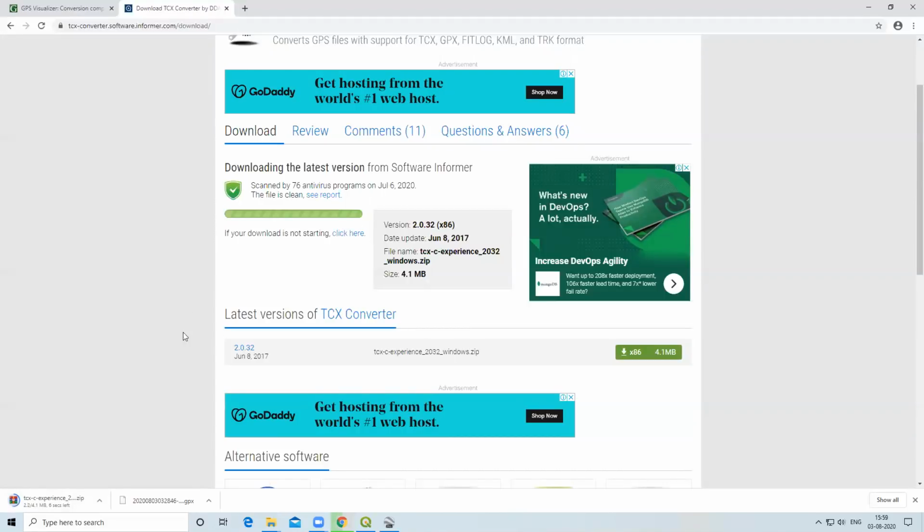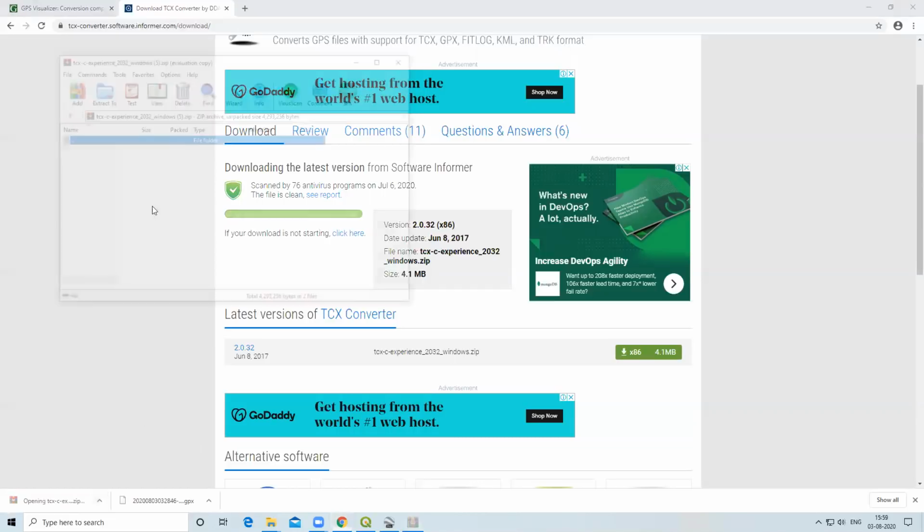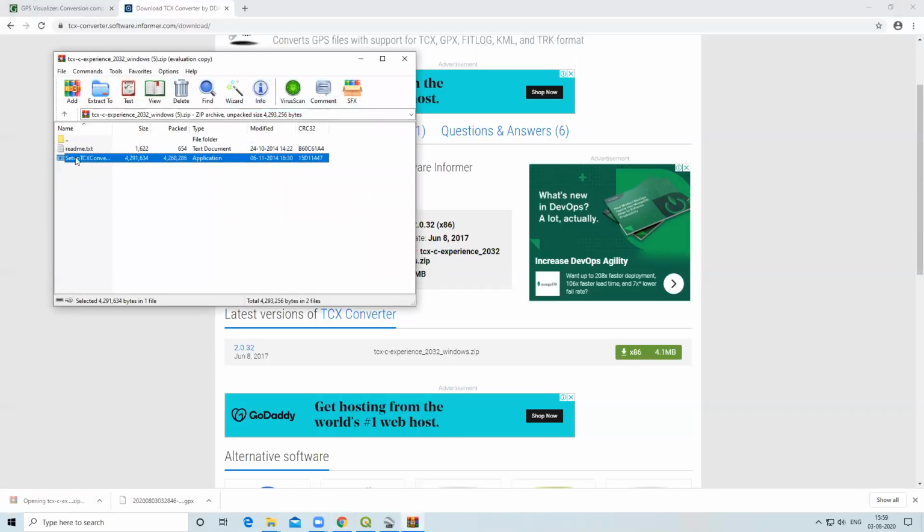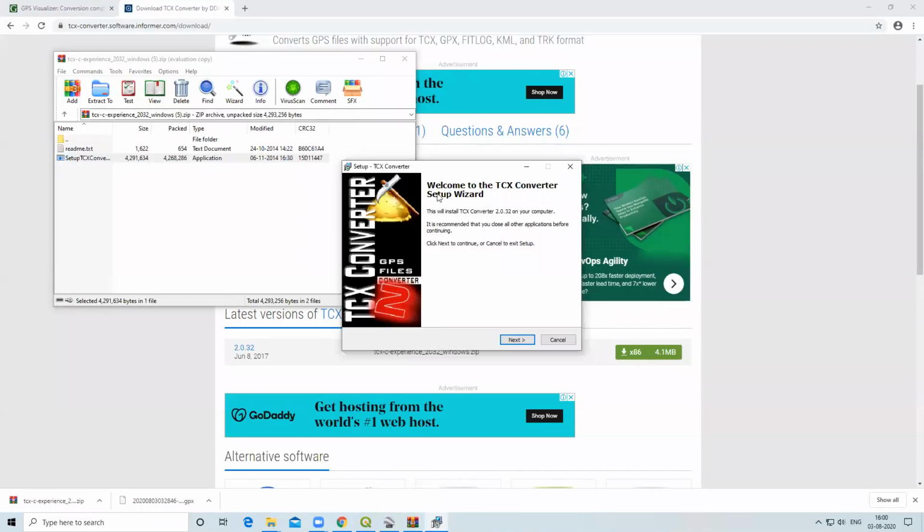From this TCS converter, we'll get the elevation points. Whatever file we got from the GPS Visualizer will open here. First we'll install this. To install the setup file, I will click here. Welcome to the TCS converter.